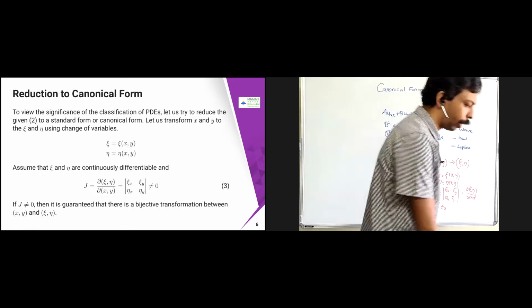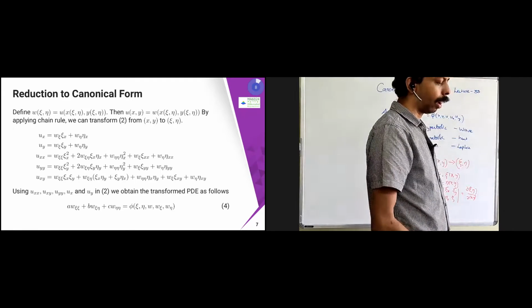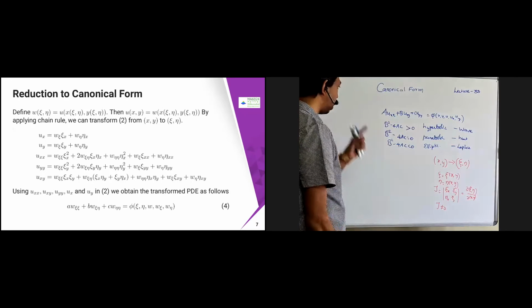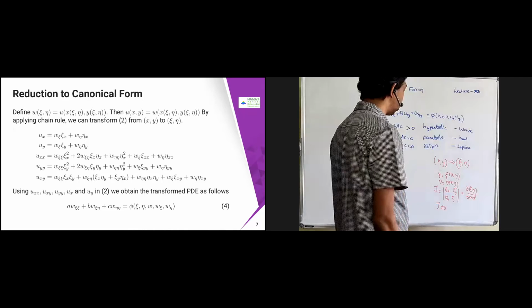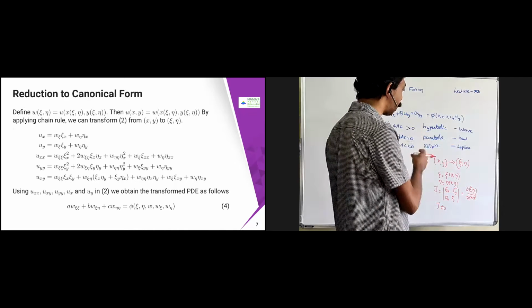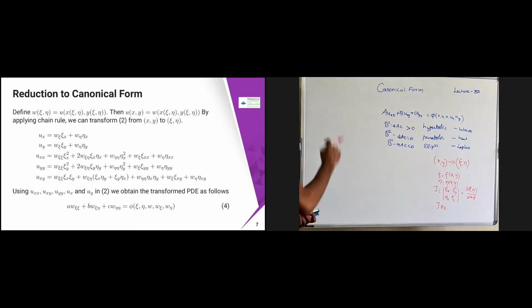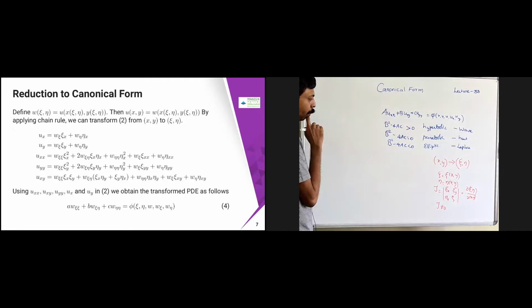So now what we are going to do, we are going to find that for each of the hyperbolic, parabolic, and elliptic cases, what the corresponding coordinates are going to be. You can simply substitute that. For example, in some cases you can simply guess it, and then you can find it from b square minus 4ac. You can transform them, and then you can solve it on that domain. You can bring it back.